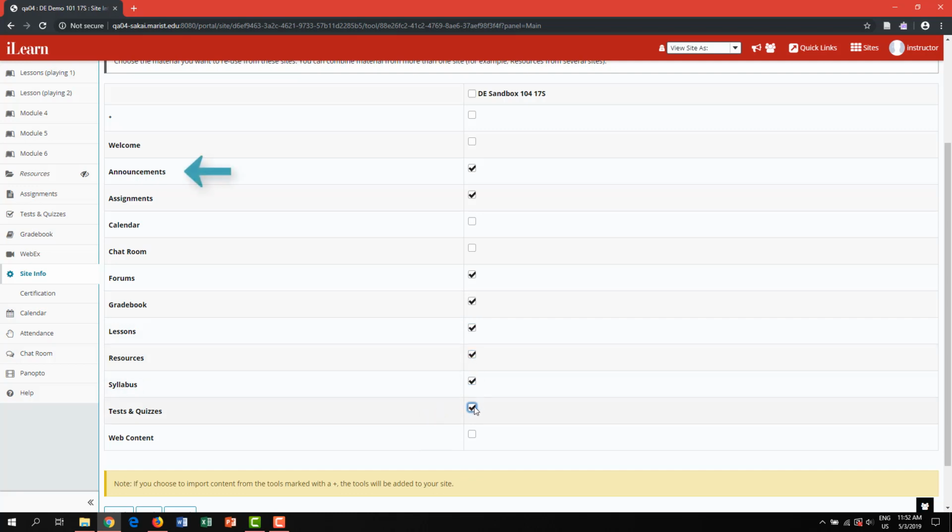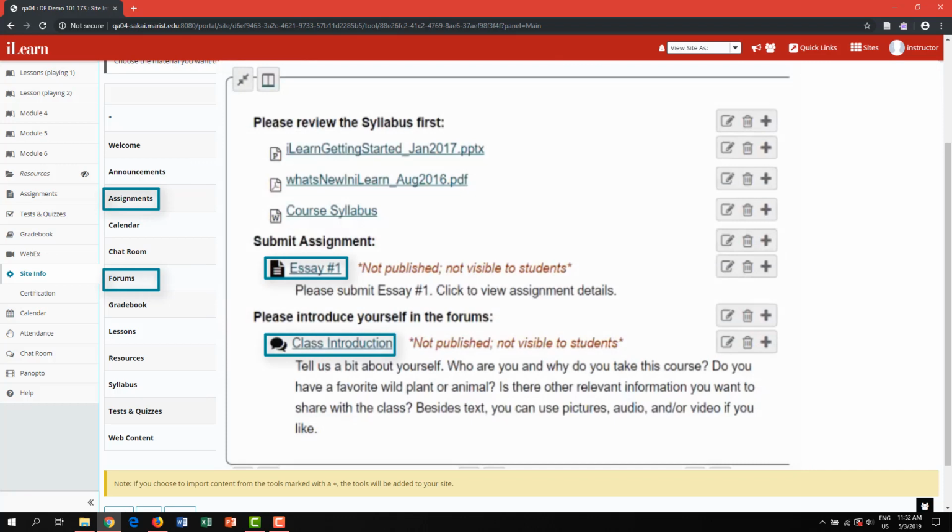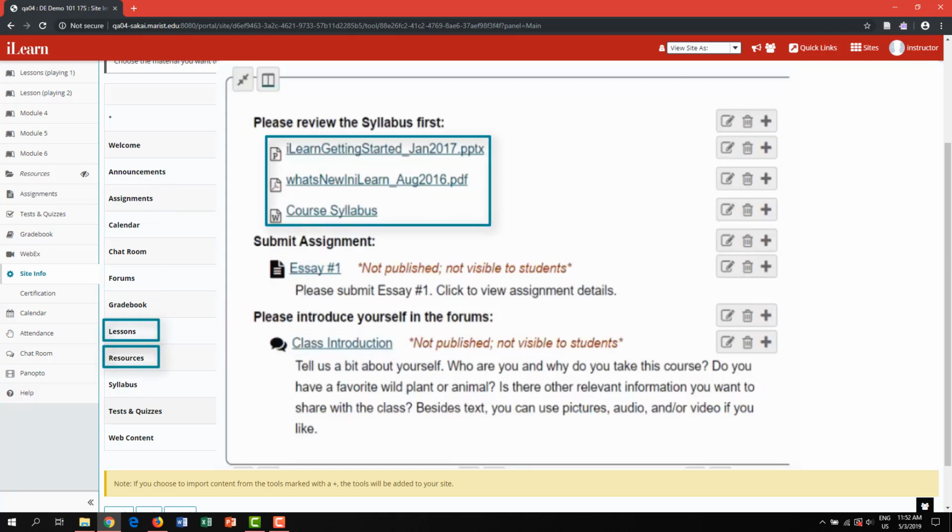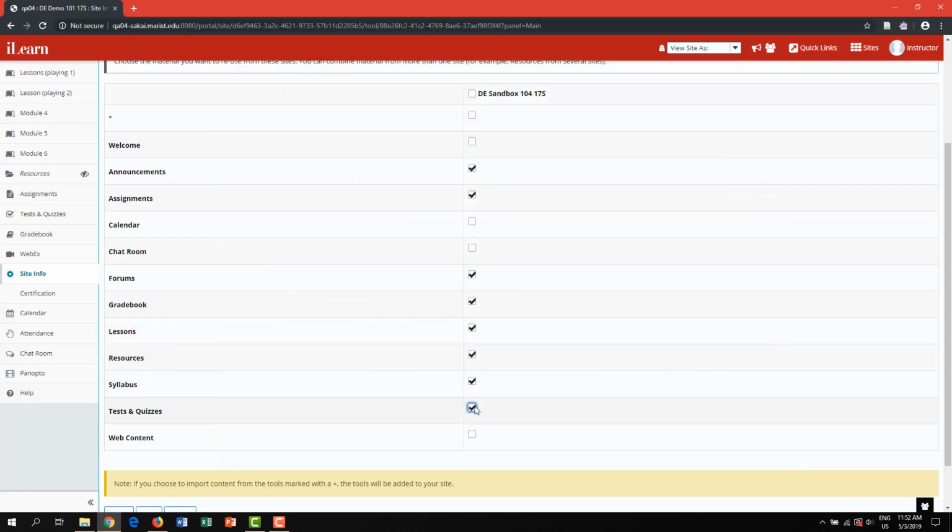For announcements, assignments, forums, gradebook, and tests and quizzes, only the description and settings will be imported and saved as drafts until they are published. Threaded messages in forums or student submissions and assignments will not be imported. If you link the content in resources through the Lessons tool, you must import both at the same time. If not, the links will break. Once imported, all resources will be listed in alphabetical order.